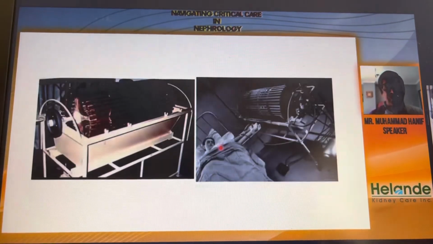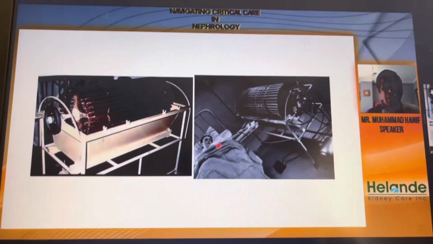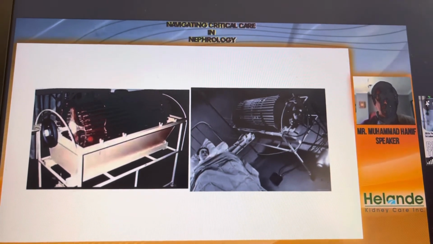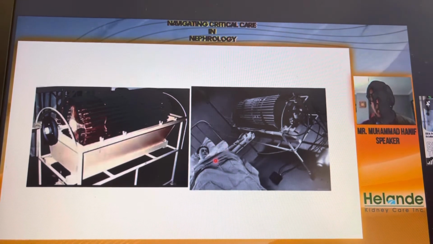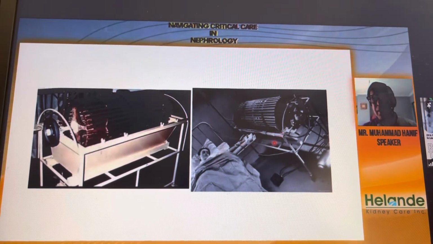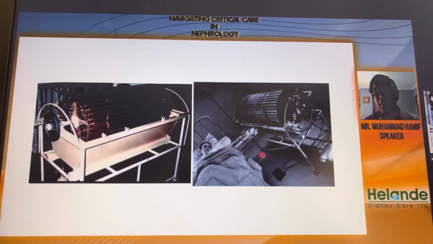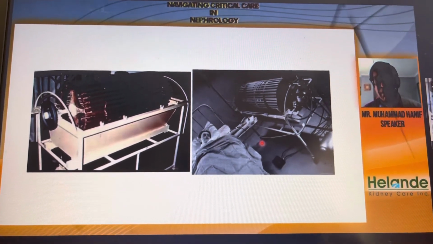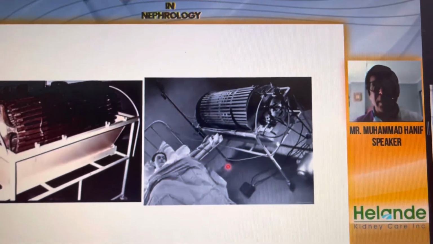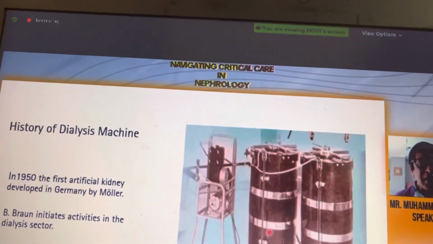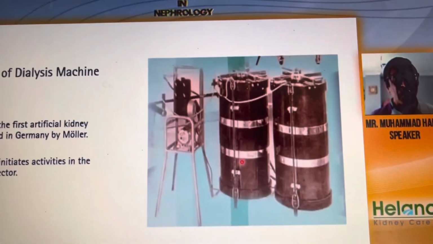Let's go further. Now you can see this is the machine which was developed, and this is the patient, already hooked into this kind of machine. It really looks very crude, but this is just the start of the history of the dialysis machine. In 1950, the first artificial kidney was developed by